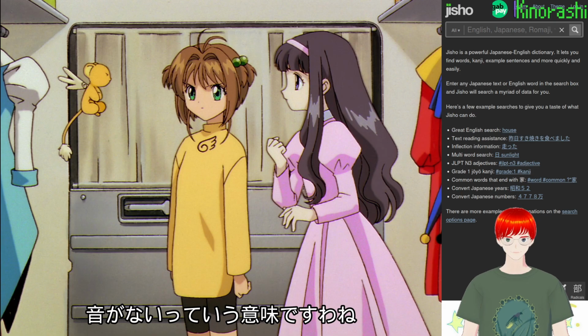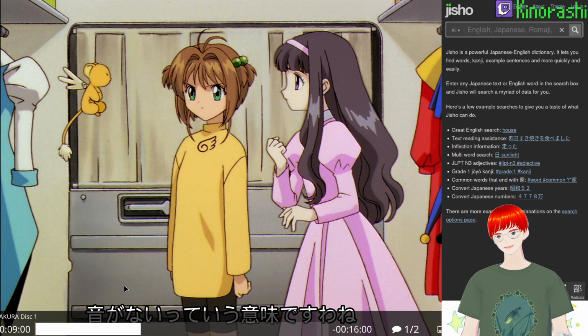So the meaning is that no sound exists. So it means sound doesn't exist,